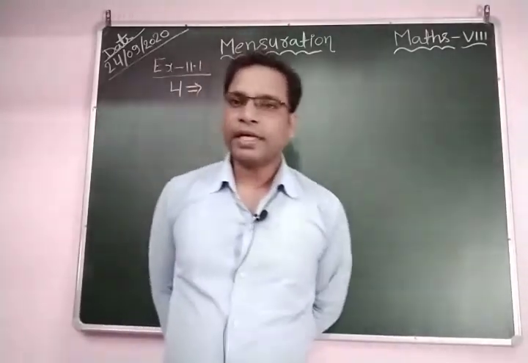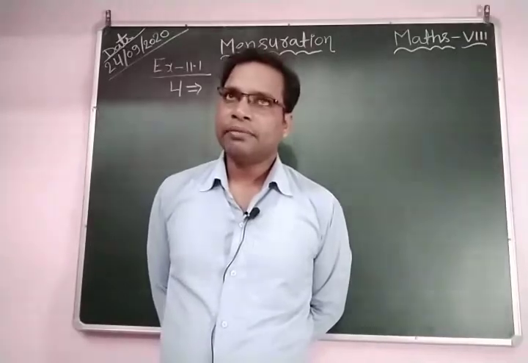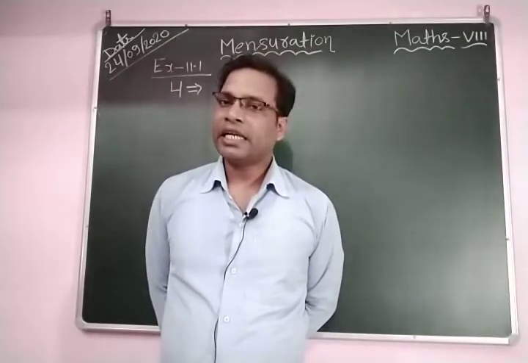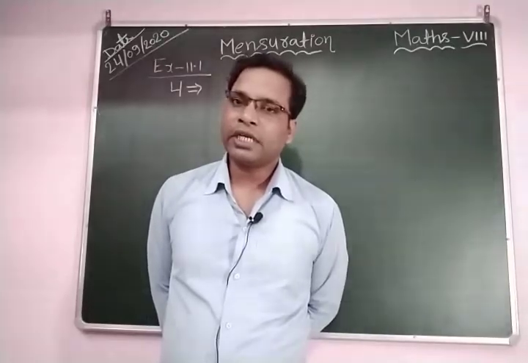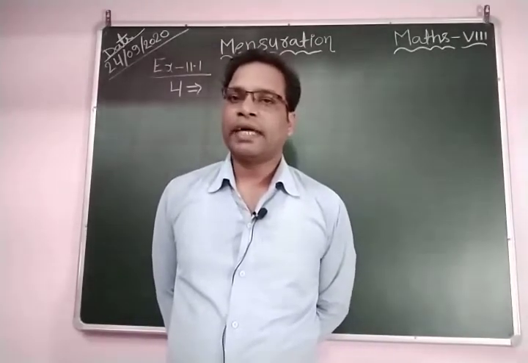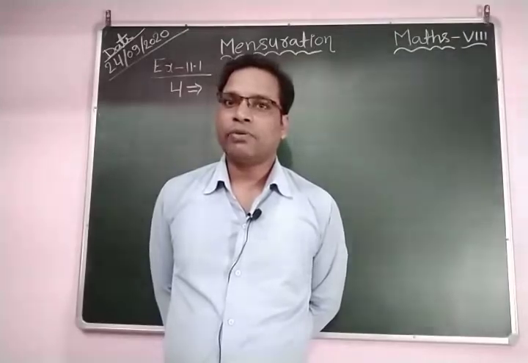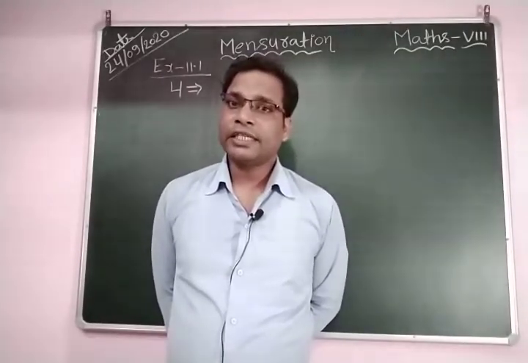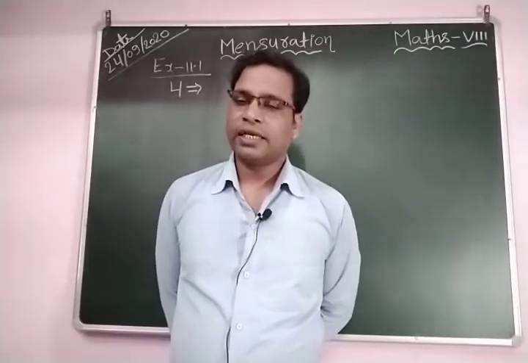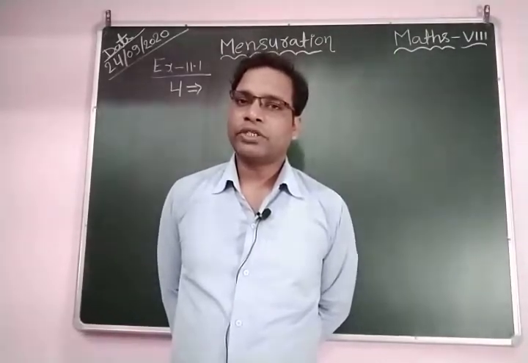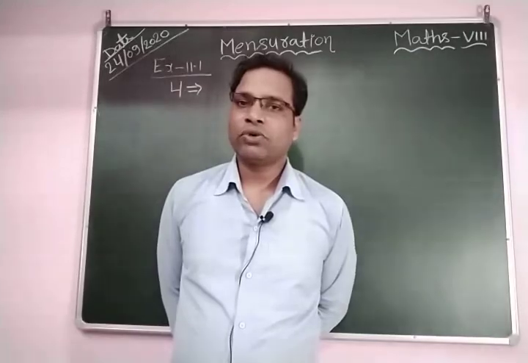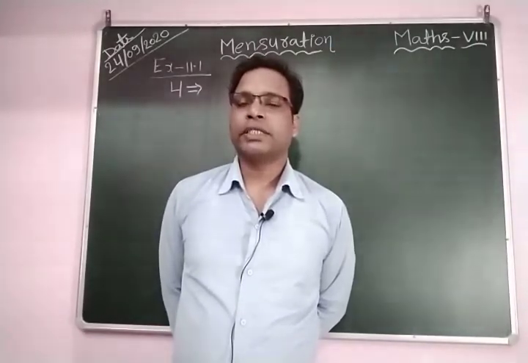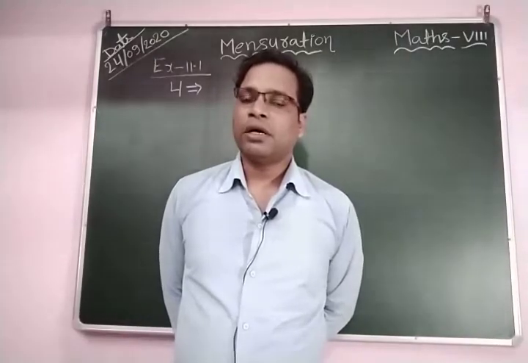Okay, so when you find the area of one tile, because this is the shape of a parallelogram, and here the base and the altitude, the corresponding height, is given, we can find the area of one tile very easily. This is equal to base into height. Area of one tile is equal to base into height. Here the base is 24 centimeter and the height is 10 centimeter.